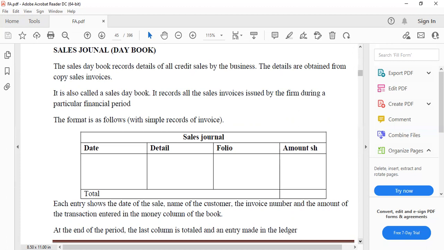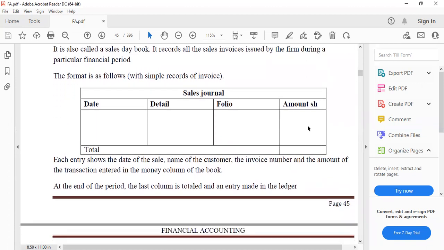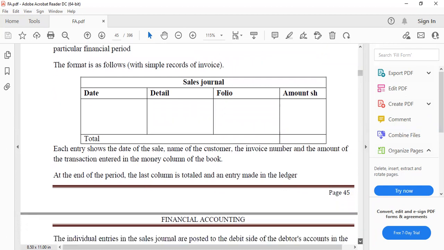I've sold these goods to you, and this is the amount of money that you need to pay. Then you have issued an invoice. It is also called sales day book or records of the sales invoices issued by the firm during a particular financial period. So the format of a sales journal will look like this: date, details, folio, amount, and